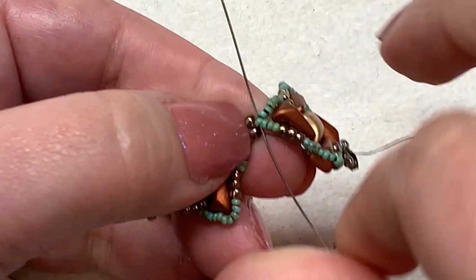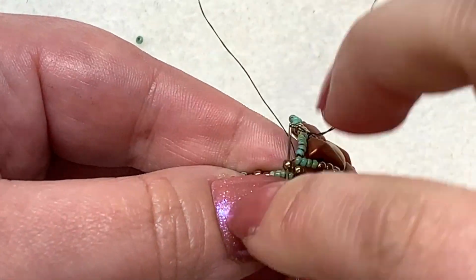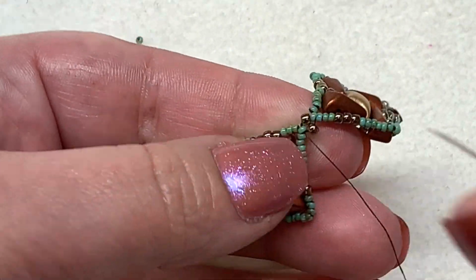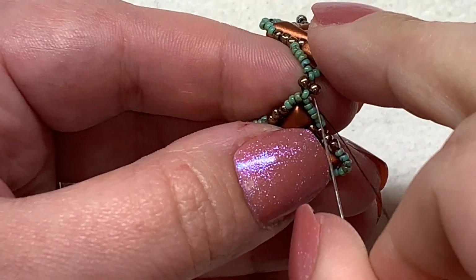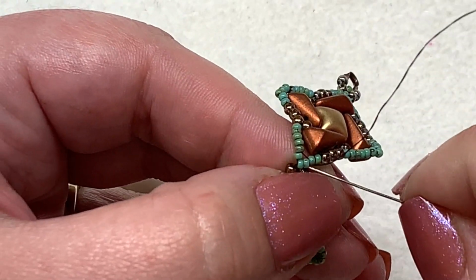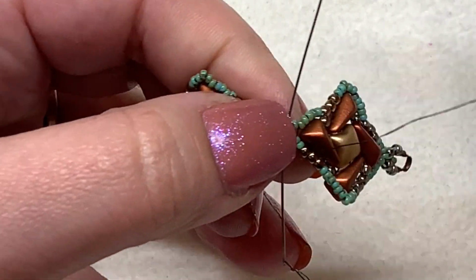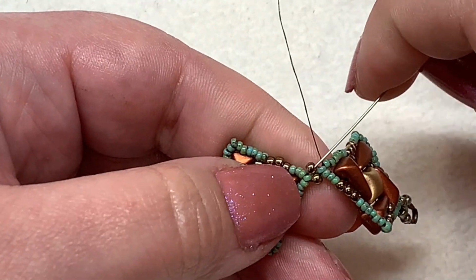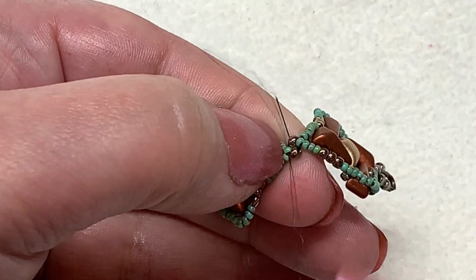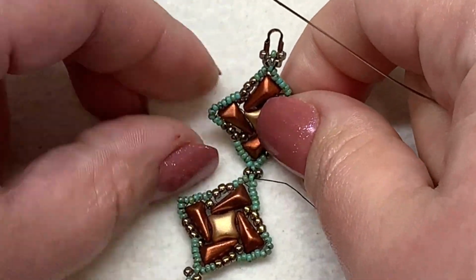Just go round and round through those beads so that they are reinforced at that section and hold together really sturdy. And they also don't have any big gaps or anything in between the two components. I go around again. I'm still able to get through that 15-0 reasonably. Down the 11-0. There we go. And as you pull tight, you can see that this is what you have,